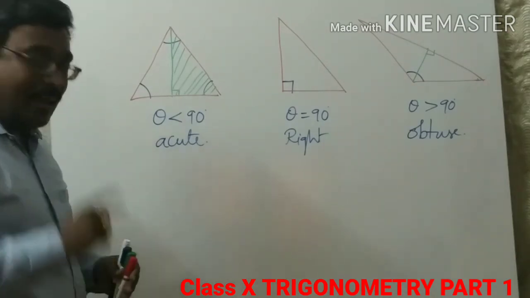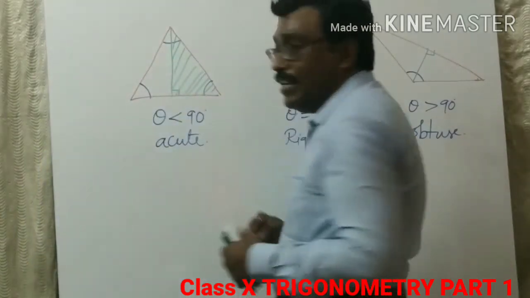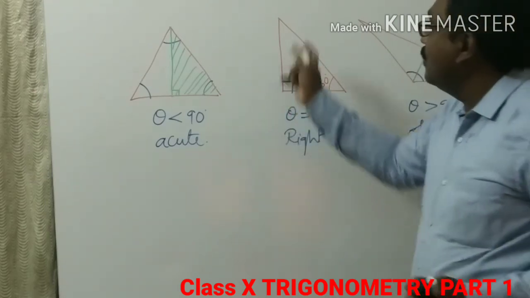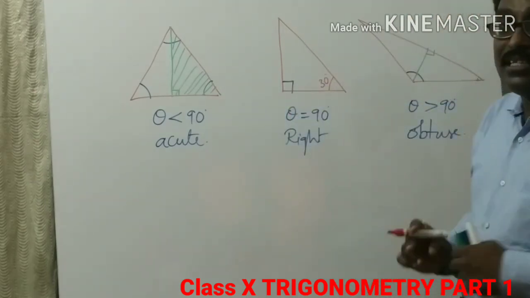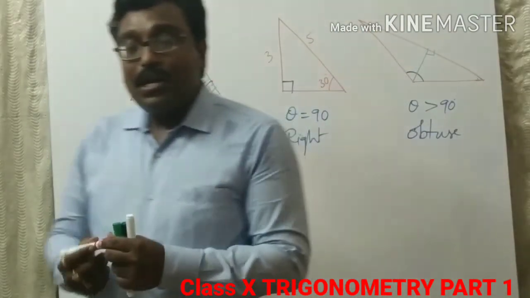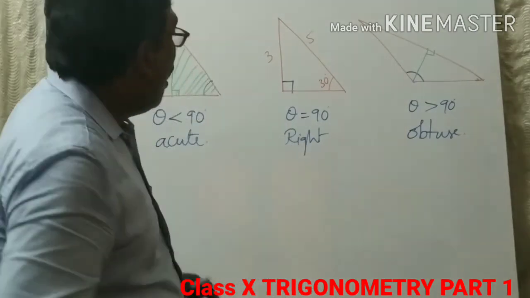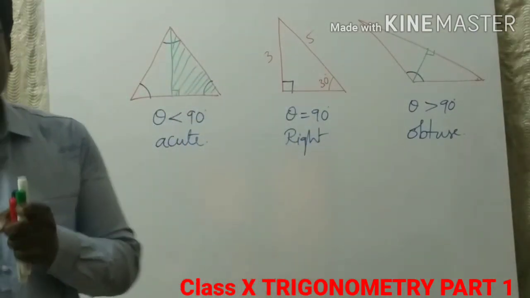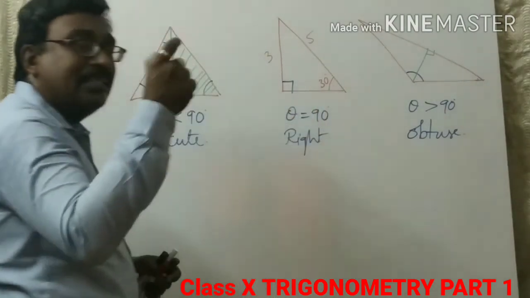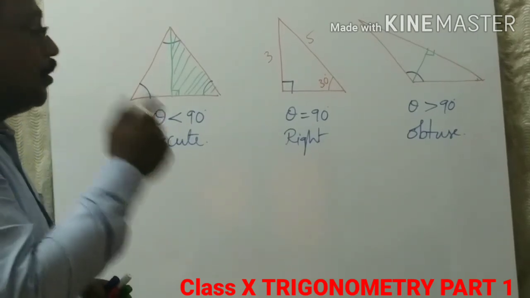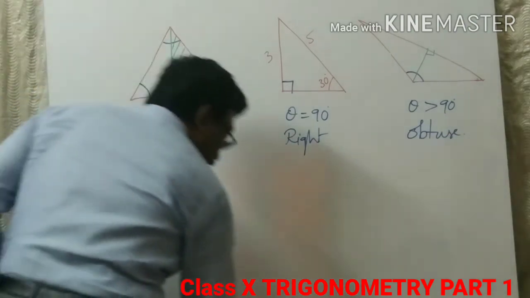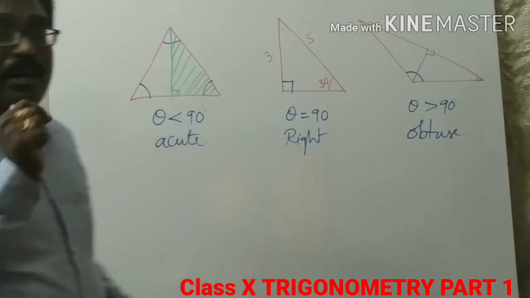And one more thing is there: here already one angle is 90 degrees. Suppose one angle is 30, the other angle we can find. Suppose in this right angle triangle, two sides are given. This is 3 and this is 5. We already learned in 8th and 9th class how to find the third side by using the Pythagoras theorem. So, the right angle triangle is the correct example to prove trigonometric ratios. Here I used a new word, trigonometric ratios.